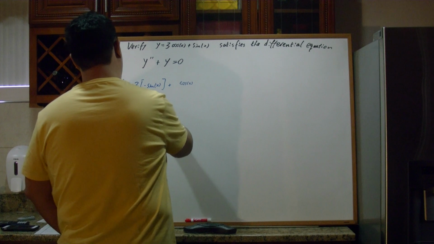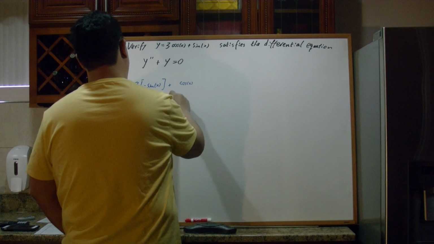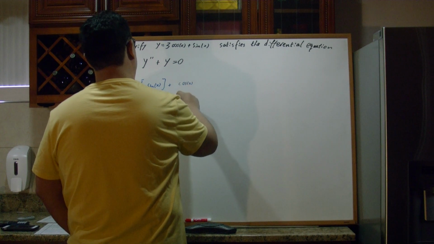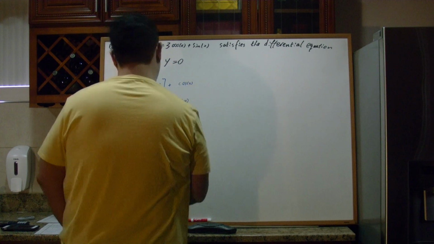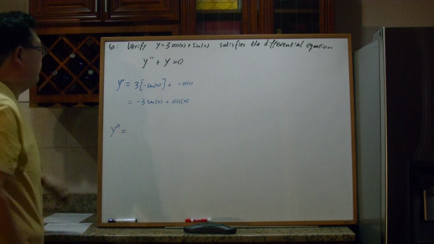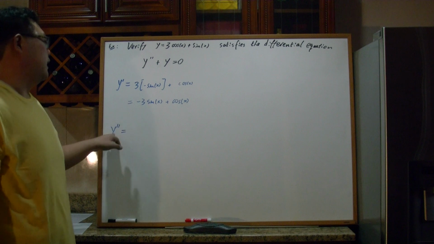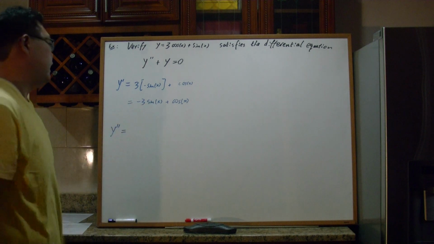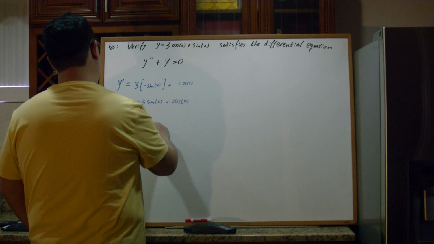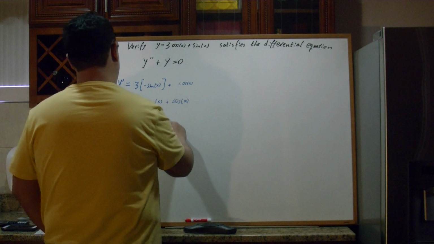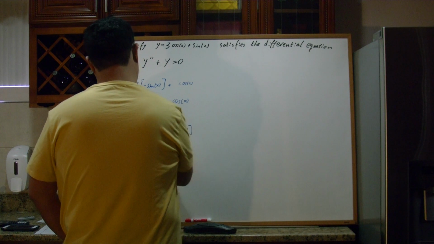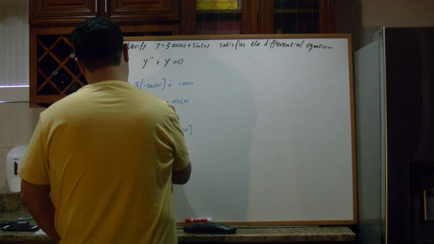That is negative 3 sine x plus cosine x. Then y double prime will be the derivative of the first derivative, right? That second derivative will be negative 3 times the derivative of sine, which is cosine of x. The derivative of cosine is negative sine of x. That is negative 3 cosine x